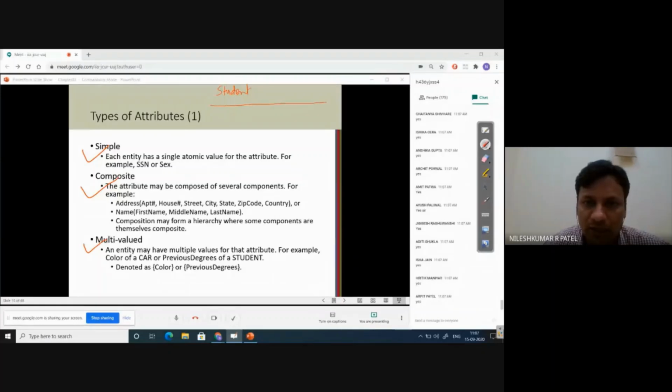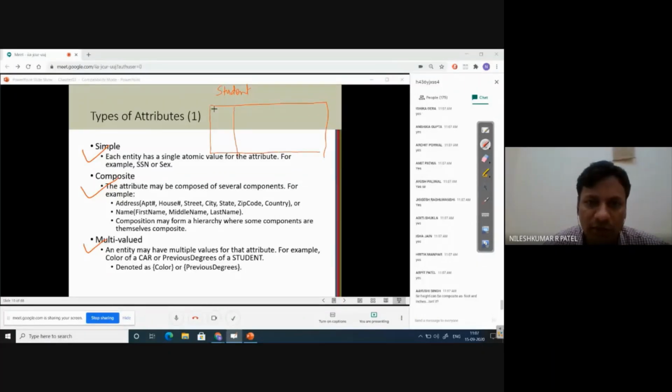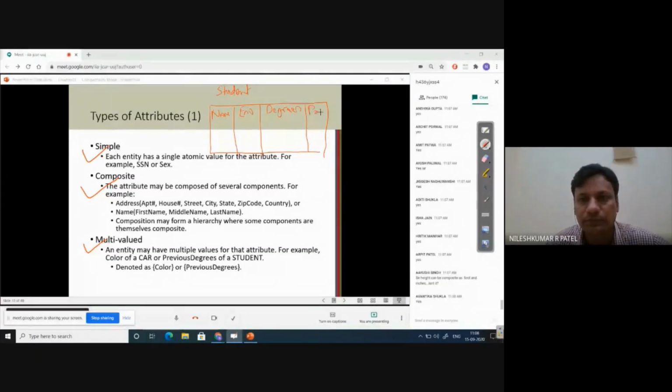Under this table there are certain columns or attributes. The first attribute is name. The second attribute, for example, is enrollment number. The third attribute is degree or degrees. And program, maybe the program in which the student is enrolled.